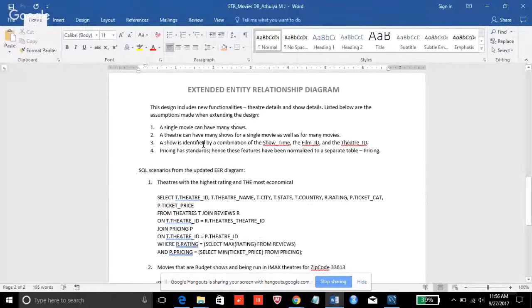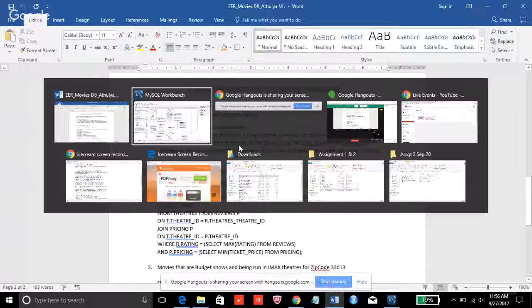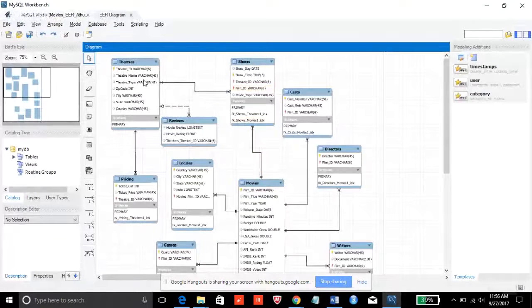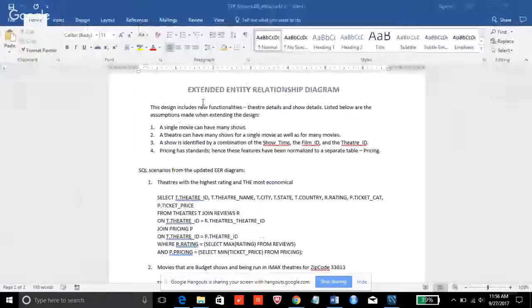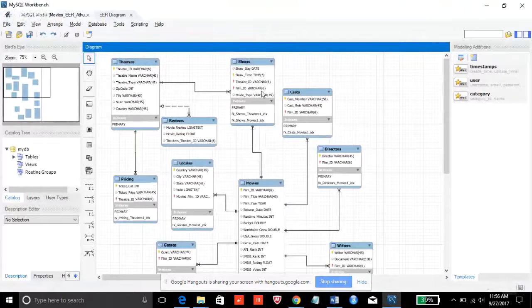Then a theater can have many shows for a single movie as well as for many movies. One theater can have several shows for a single movie as well as it can have shows for several movies as well. Then a show is identified, as I mentioned earlier, by a combination of show time, film ID,